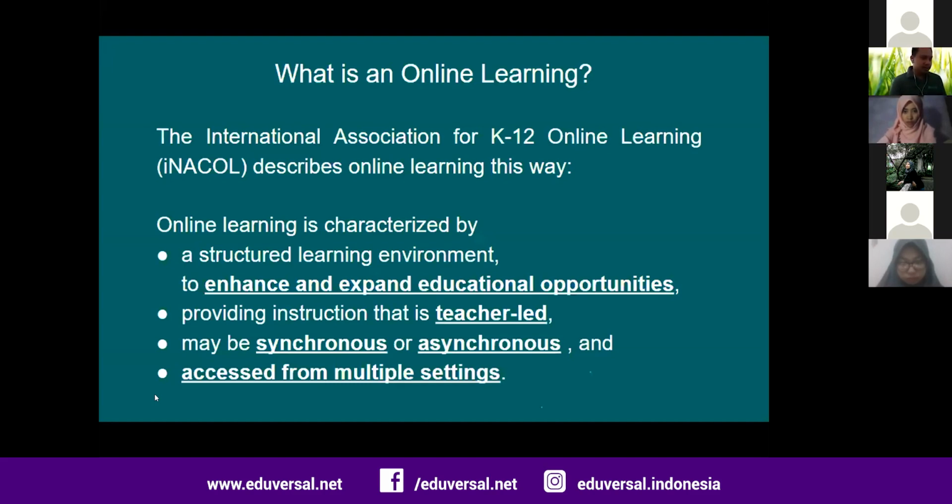And also it can be accessed from multiple settings. It can be inside of the school building or from home. It can be using teleconferencing tools like Zoom or without that. And the settings, the environment for this online learning, need to be communicated with teachers, with students, and also with parents as well.